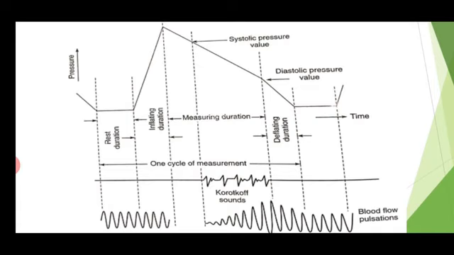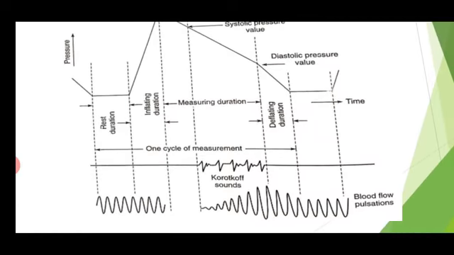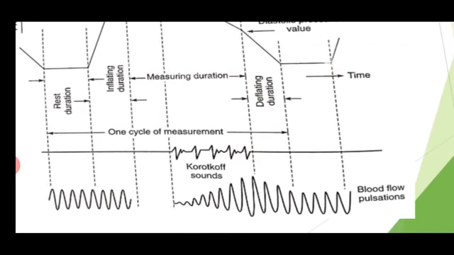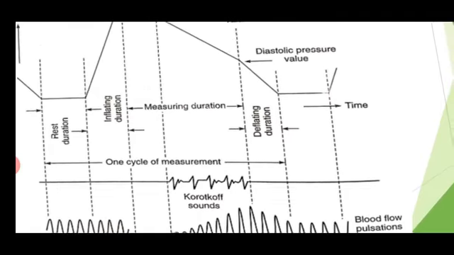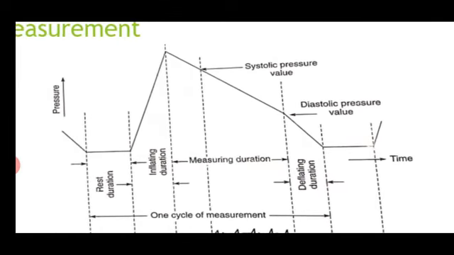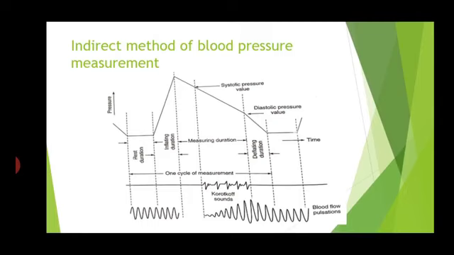If the cuff pressure is just below the diastolic pressure, then the sound from the cuff stops. Otherwise you get different types of sound. At that point we get completely normal flow of the blood. So these two points are considered as the systolic pressure and diastolic pressure. Whenever you draw the waveform, you have to remember these small things.